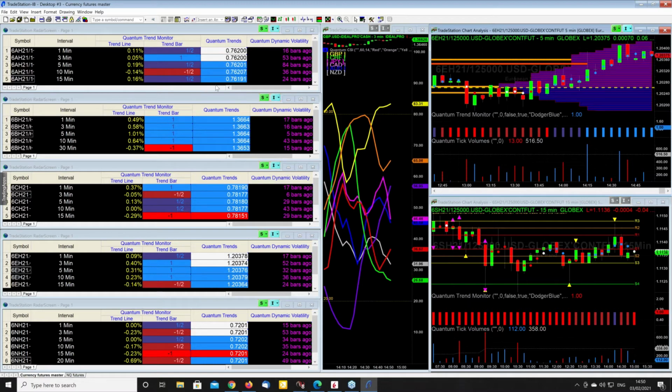I've got the same indicators on the charts. I've got the trend monitor up here on the radar screen, and I've got the trend dots here as well. And I've also got the dynamic volatility indicator, which tells you where was the last time that a volatility trigger occurred. And if you're looking for opportunities, it's not a bad place to start. If you're intraday, on faster charts, you're looking for a volatility trigger, but potentially for congestion or potentially for a reversal to develop for an opportunity from that particular